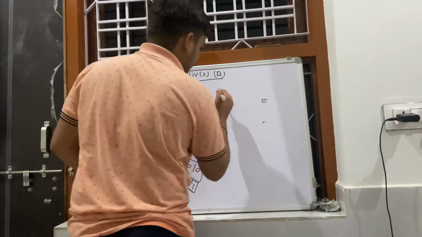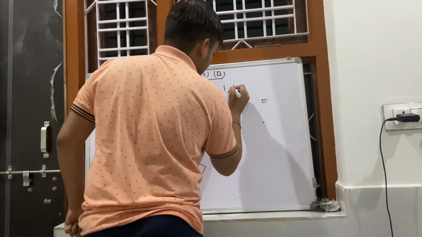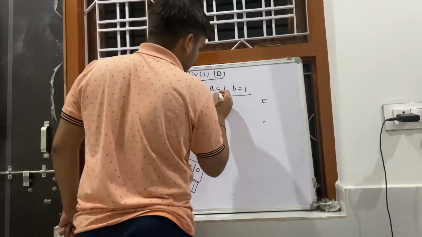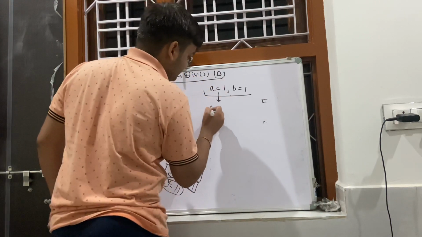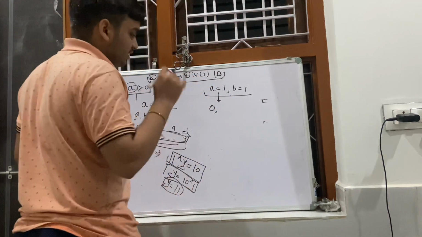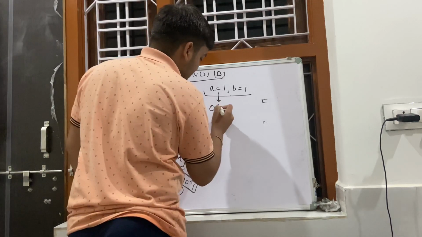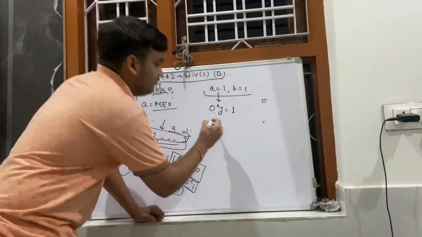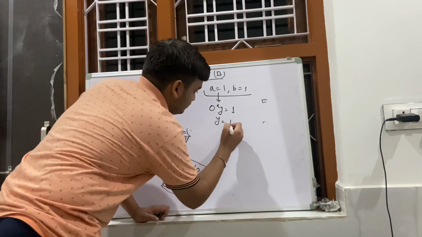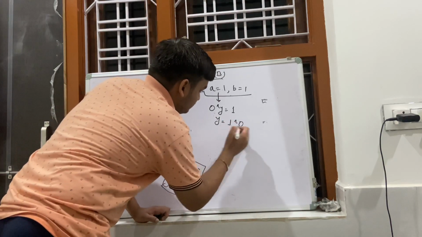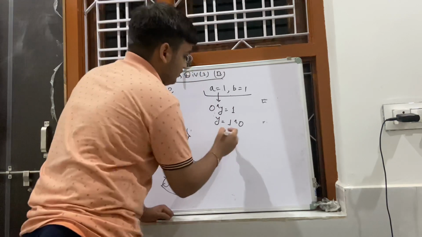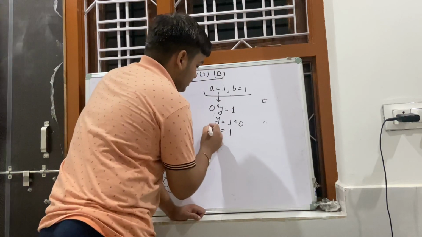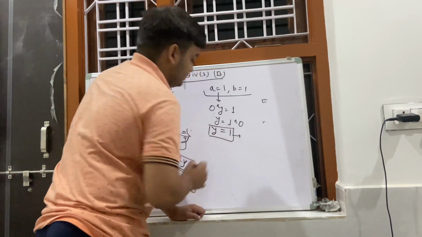So let's say we are given A is 1 and B is 1. So how can we find the answer? I need to include all the lesser elements of 1, which is 0. Now I need to take such an element y which will make the XOR value 1. So what is the value of y? It is 1 XOR 0, which comes out to 1.